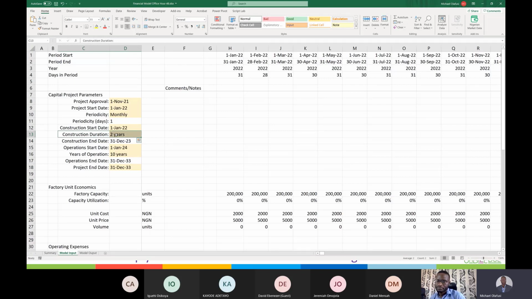Some companies might not require up to 2 years to set up their production line. Some might require more, but it's always flexible. If you change this to 1 year, it's going to change. Your model is going to capture it, okay? So you will notice the colored parts, for those who are just joining, the session is being recorded, but more importantly, this file that I'm walking us through is what we did last week. I'm going to share it so you can copy it because we want to continue from there.